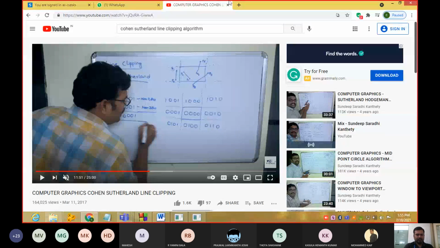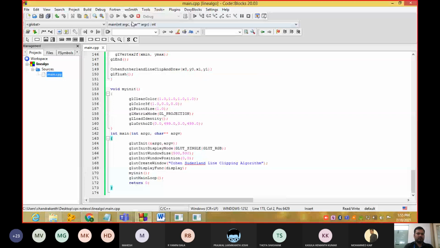Let me explain once again. See guys, first in this Cohen-Sutherland line clipping algorithm, we are supposed to build a rectangle shaped window and give the dimensions of a line.